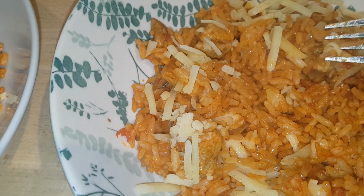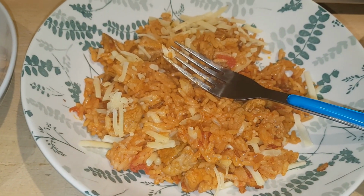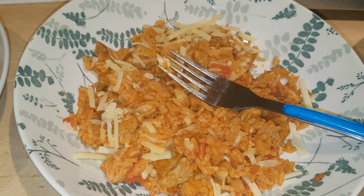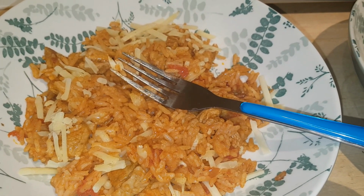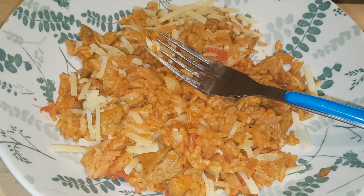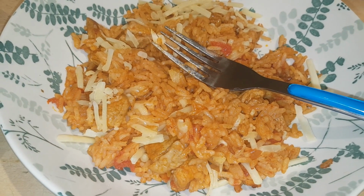Cooked that all together for about 5 minutes or so. Added in 2 teaspoons of Cajun seasoning, a can of chopped tomatoes, 450 ml, so about a pint of chicken stock, and then about a cup of just water. Then once that came up to a bubble, I stirred through 400 grams of long grain rice, brought it up to a boil, turned it down to a simmer, popped a lid on the pan and let it cook away